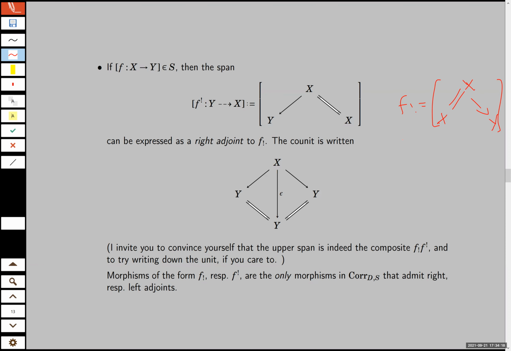And in the one category story, that's it. It's just another map in the other direction. But in the two category, there's a relationship between them, which is that it is the right adjoint. So you can check for yourself that this span is representing the composite of F upper shriek composed with F lower shriek, and the adjunction data. So this is an adjunction not between functors between categories, but just adjunctions in a general two category.